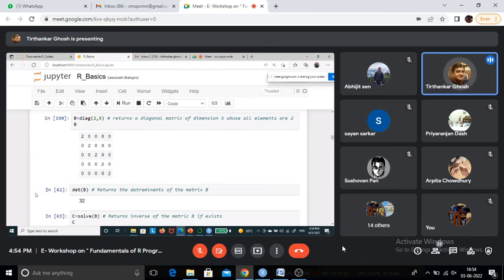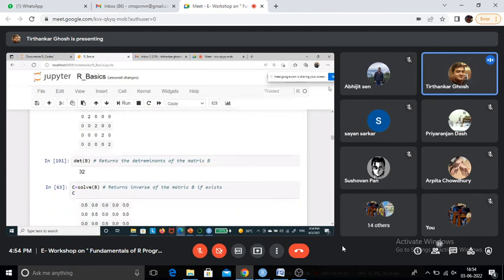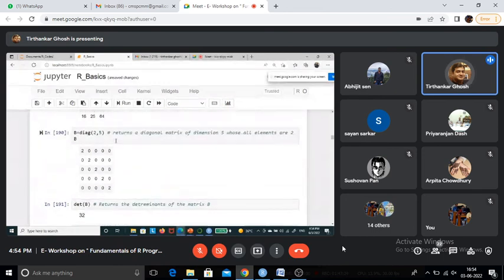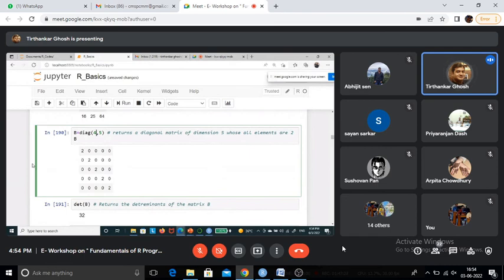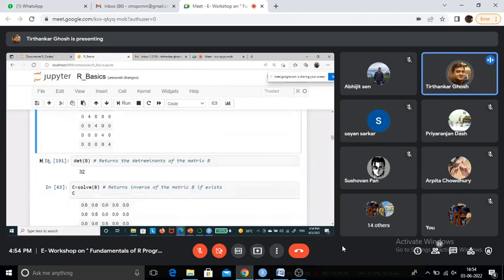Now determinant of b is 32. Yes, you are right, probably Silpi told that. Then I need to correct the PPT, and I also was having that doubt. Okay, let us change this one once more. Let us write here 4 and then run this one again. So here we have now all the diagonal elements 4, and determinant of this matrix will be 4 power 5. So it will be 1024.